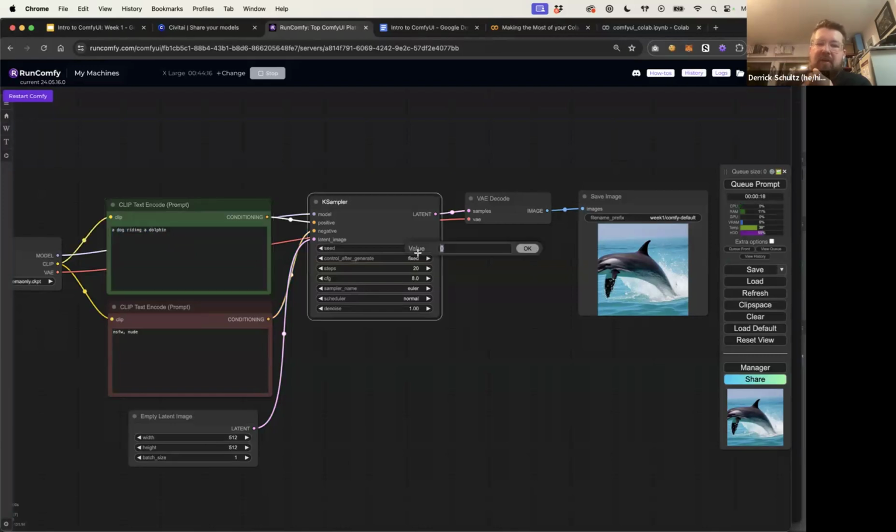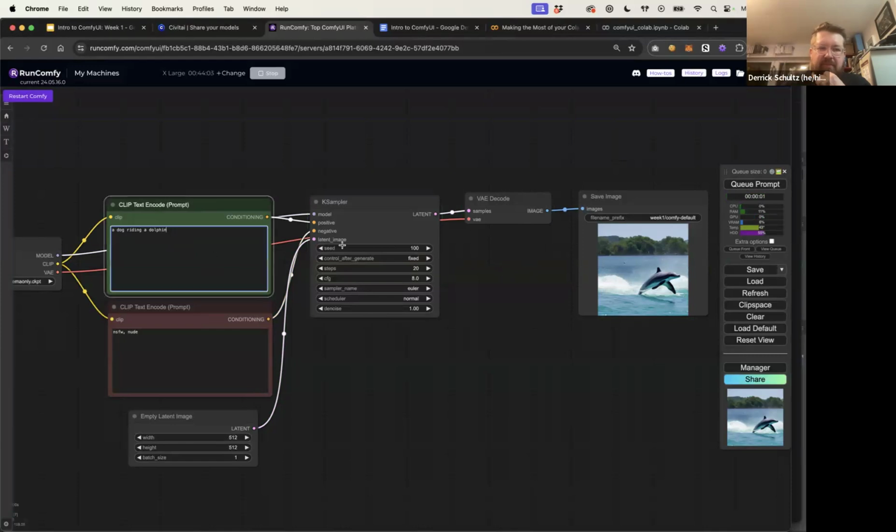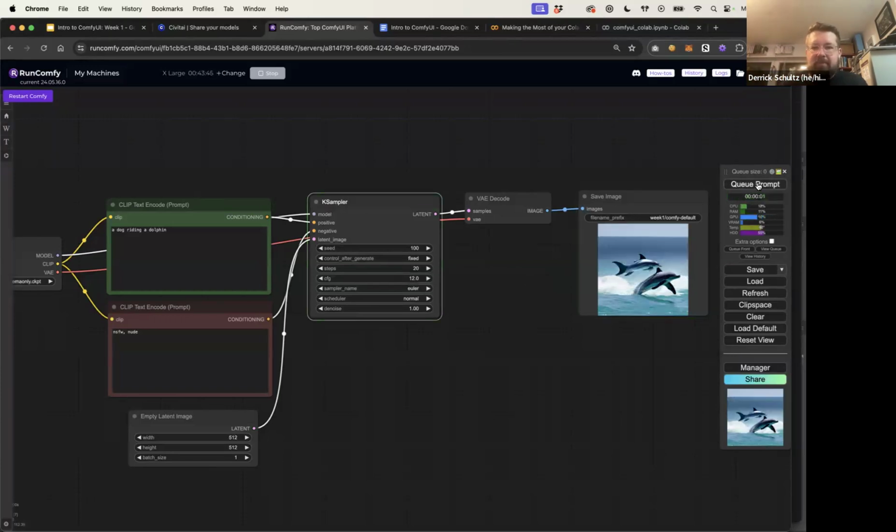We could try changing our seed and seeing if that produces a better image. So let's change our seed to any other random value. We'll do 100. We'll hit Queue Prompt again. And I still don't get a dog riding a dolphin, but I get a dolphin. Maybe let's try cranking up the CFG score. So CFG, the higher the score is, the more it's supposed to align to the text prompt. The lower it is, the less it's supposed to align to or adhere to the text prompt. So we can try setting this to 12, and let's run this again. And now I get 2 dolphins, not 1 dolphin. So clearly this model is not the best for this prompt.